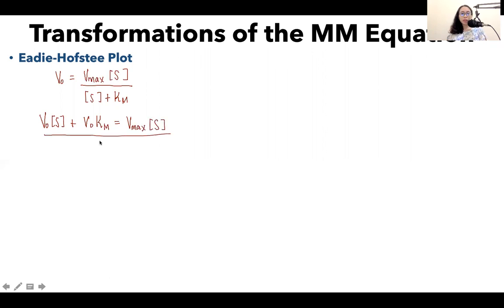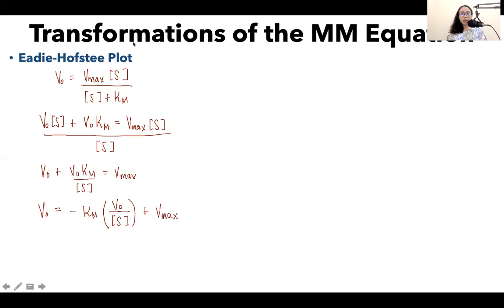Then you divide this by S, and you have V naught plus V naught Km over S equals Vmax. Rearranging this, we have initial velocity equals negative Km times initial velocity over substrate concentration plus Vmax, which is